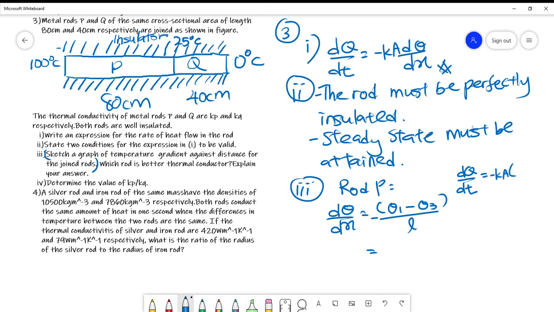So what we do is theta 2, basically generally the final minus the initial. Let's say the interface shall be our final for root P, the final temperature, so minus the initial, and what we get is basically